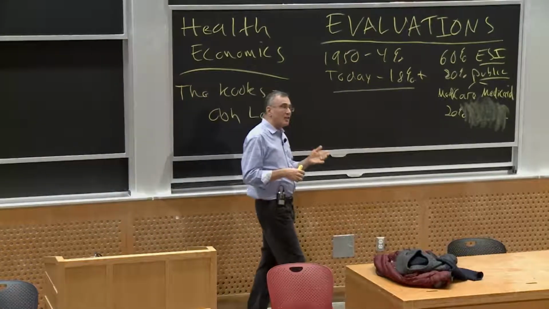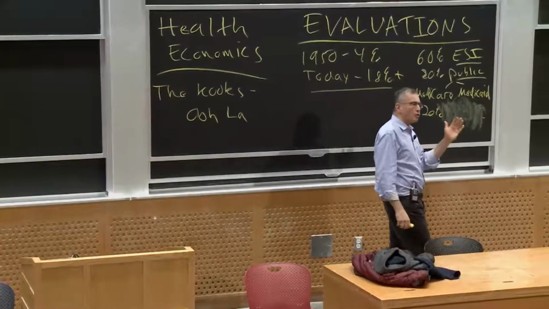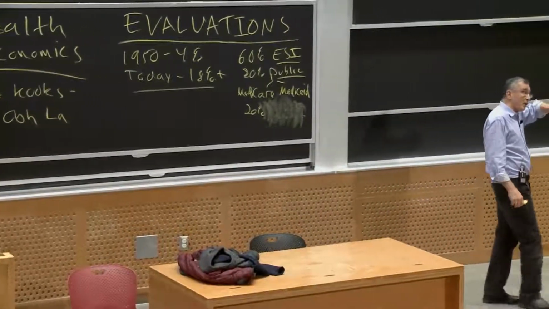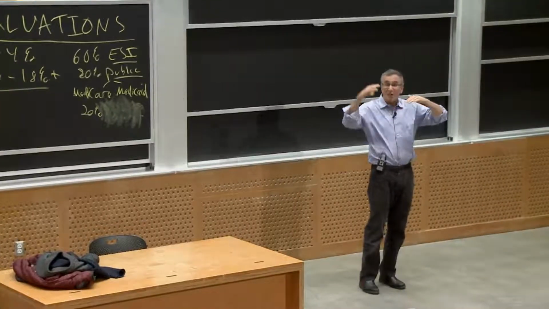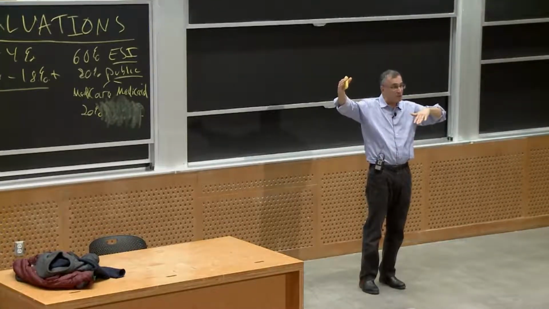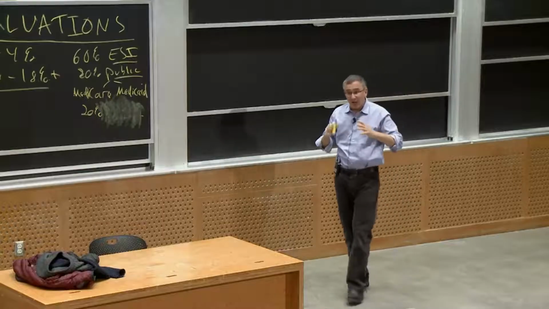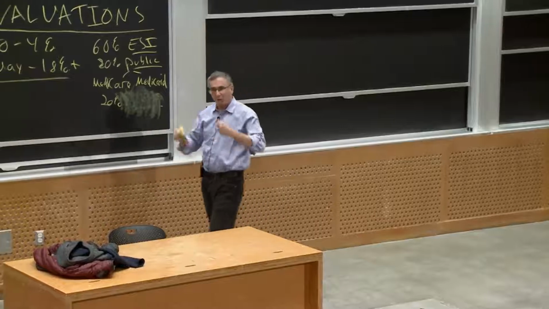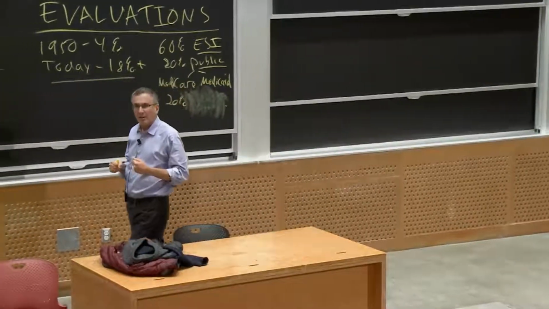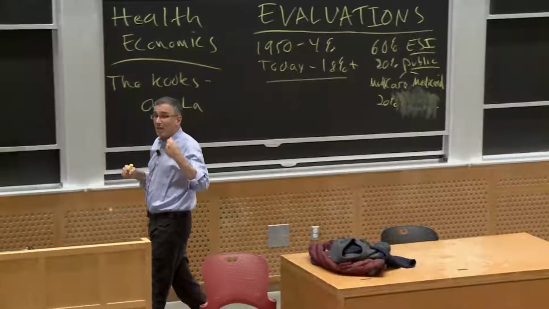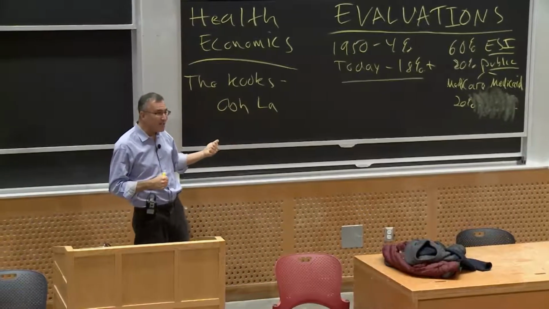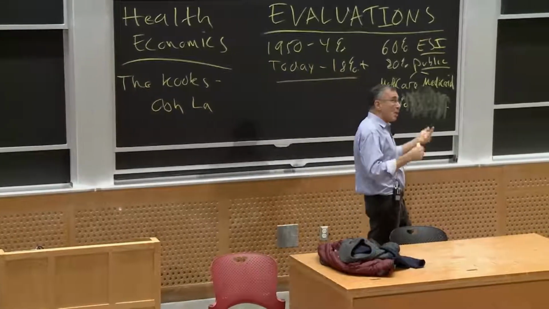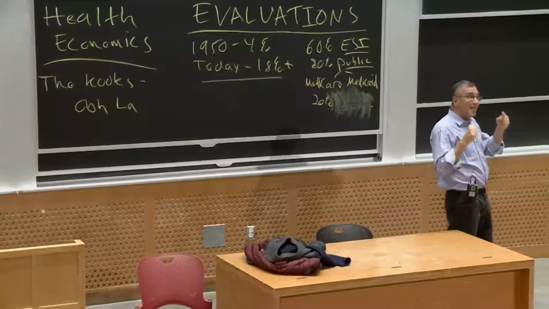Leg one is to say, insurers, you can no longer discriminate. For anyone of a given age, you could charge old people more than young people within reason, and you could charge people in an expensive area more than a less expensive area within reason. But for a given age in a given area, if I come in coughing and hacking and sick, you cannot charge me more than someone who comes in having run in and looks healthy. You can no longer discriminate. You can't charge women more than men for health insurance, which they did. You can't charge sick people more than healthy people for health insurance. Okay?